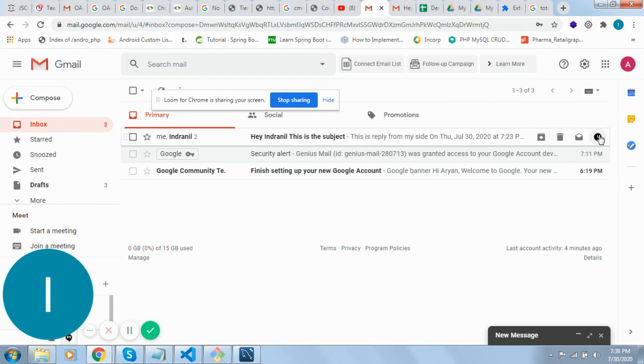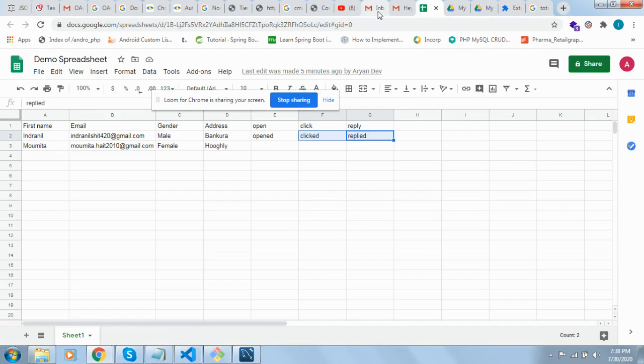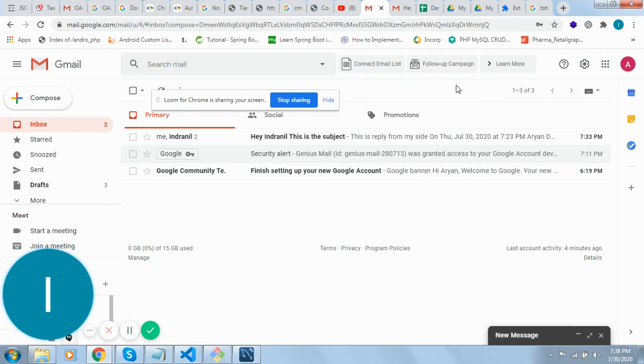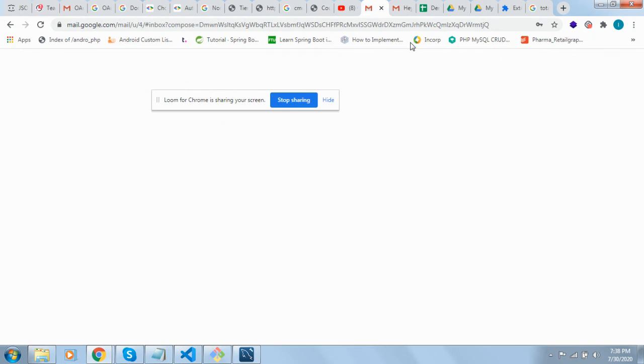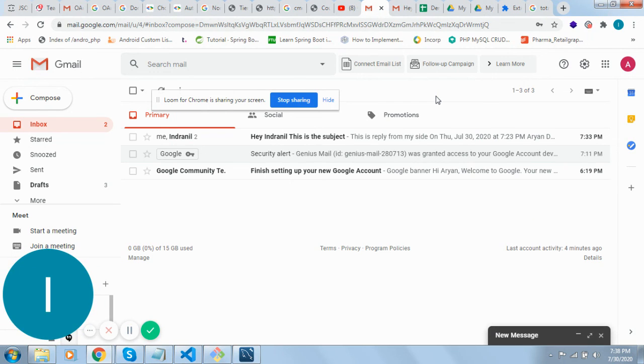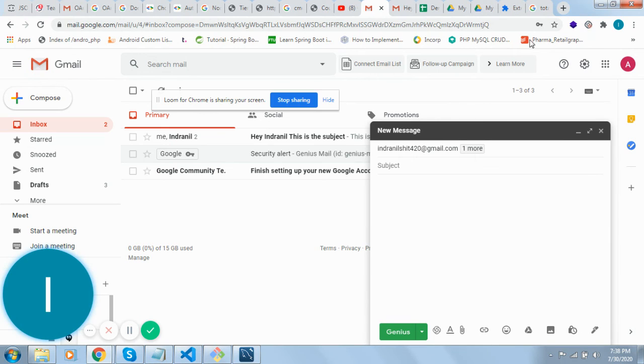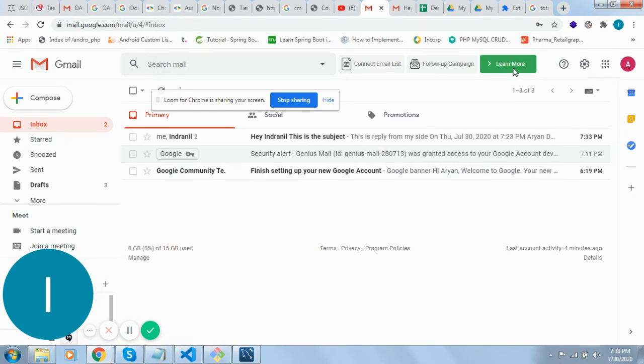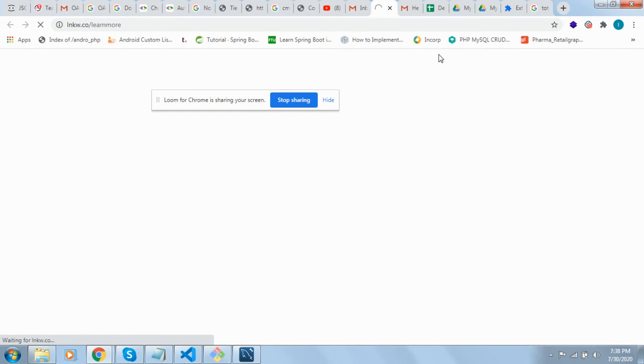That's all our functionality we are providing, basically spreadsheets and email marketing facilities. So from that selected spreadsheet, we can send bulk mail, mail merge systems are there, and you can track your email. Okay, so in this auto follow up section, you can generate auto follow up also. These are all the functionalities we are providing. So that's all. You can check from this learn more section. Okay, so if you want to know more about this Genius Mail, you can go and check it from here.